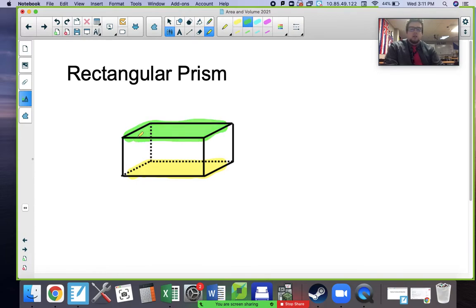Rectangular prisms are hard to start with because they're actually a perfect representation that every side is its own base. So the top and the bottom are perfectly mirrored, but also looking at this rectangular prism,